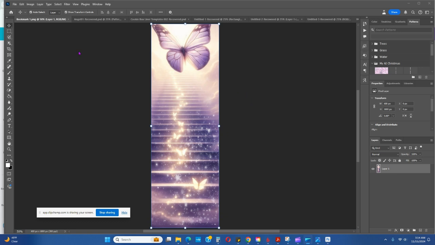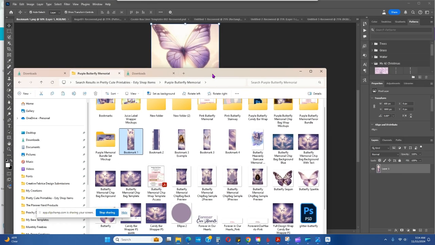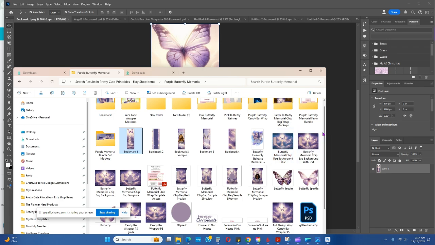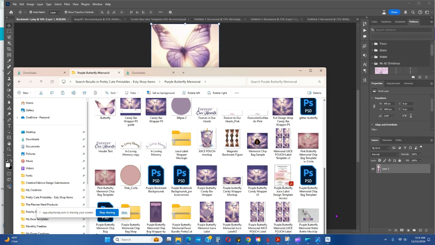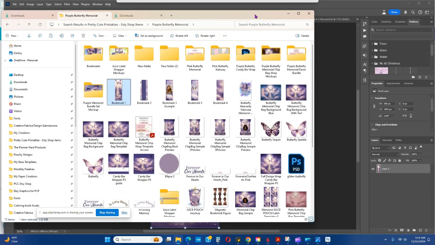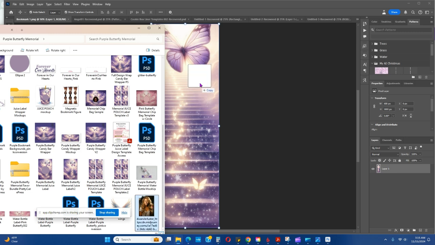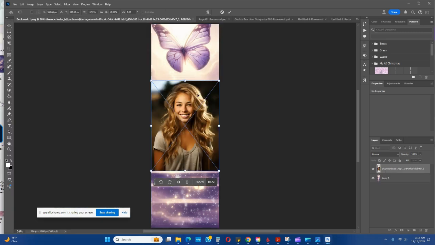So from here you can go in and start layering in your photos. Let's see. So I'm going to, okay, this is a girl I was working with. I'm going to bring that photo in,